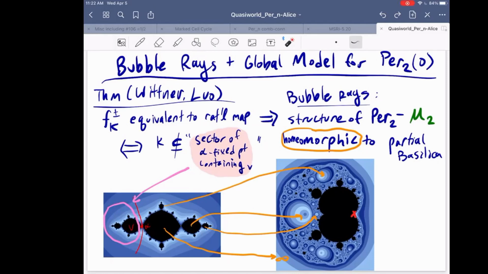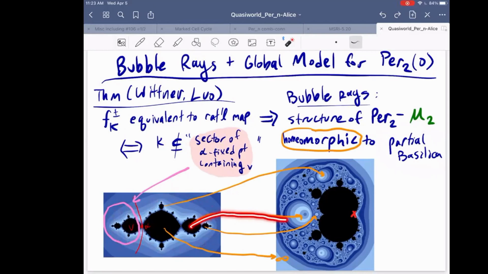And the real impetus for using this is that if matings helped see what the Mandelbrot set looked like, these captures are telling you how the basilica geometry shows up in Per 2. And that is through a thing called bubble rays, which shows that this really complicated touching structure of Per 2 minus M2 is actually homeomorphic to a partial basilica. I say partial basilica because we need to throw away the entirety of this sector of the alpha fixed point containing the critical value, because you can't do captures there. So I only take this part of the basilica,